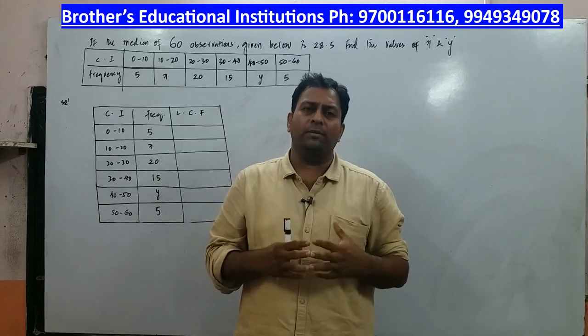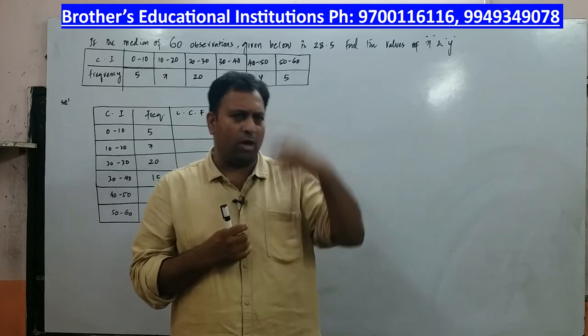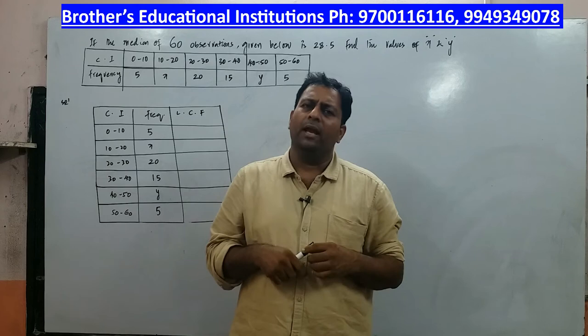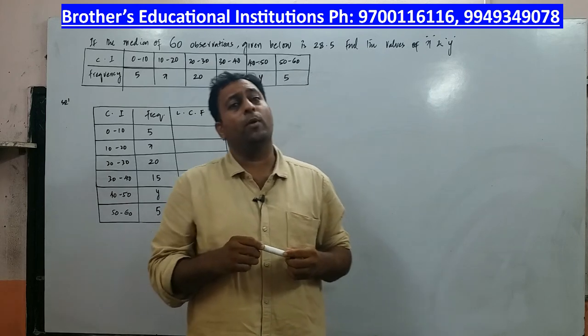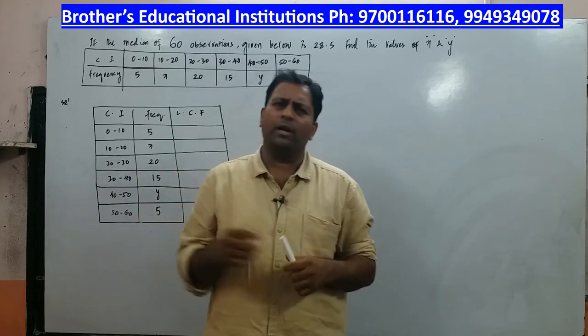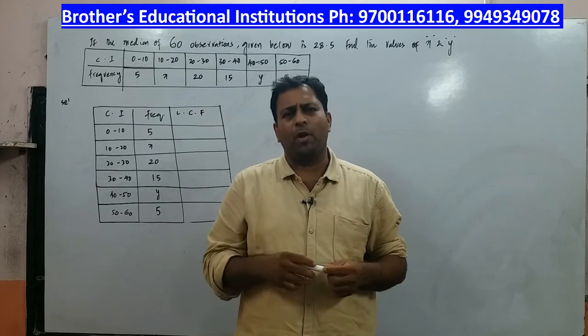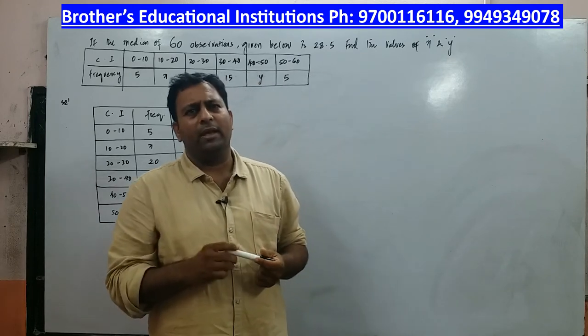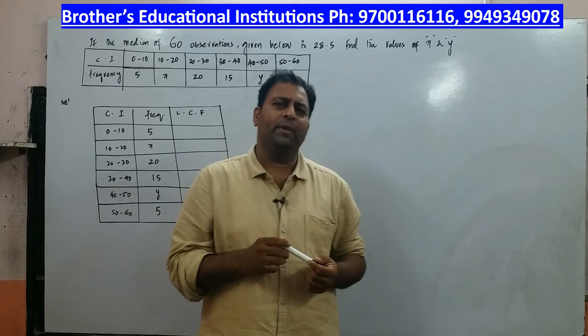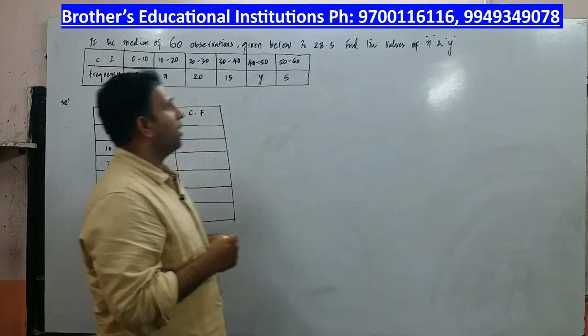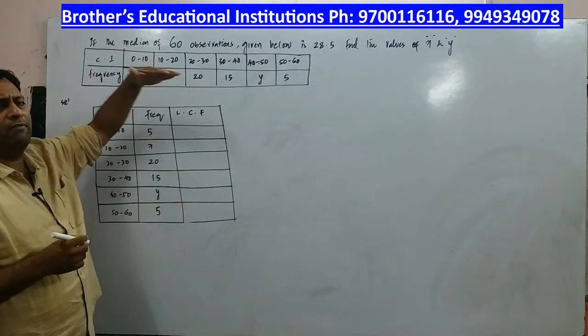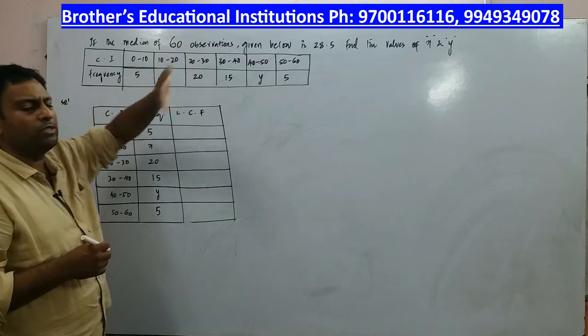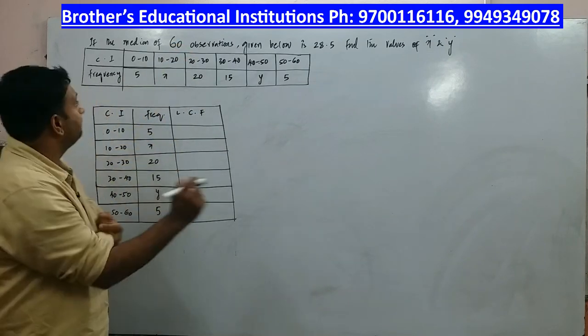Right? So what is important when you are doing median is you have to take a column of cumulative frequency, and after getting the cumulative frequency column you have to plot the median class. After that you can continue the problem. Well, today we have a problem where two unknowns are there, and we are going to find both of them. Let us see what is in the problem. A very interesting and very important problem. Similar models you can expect in the board examination.